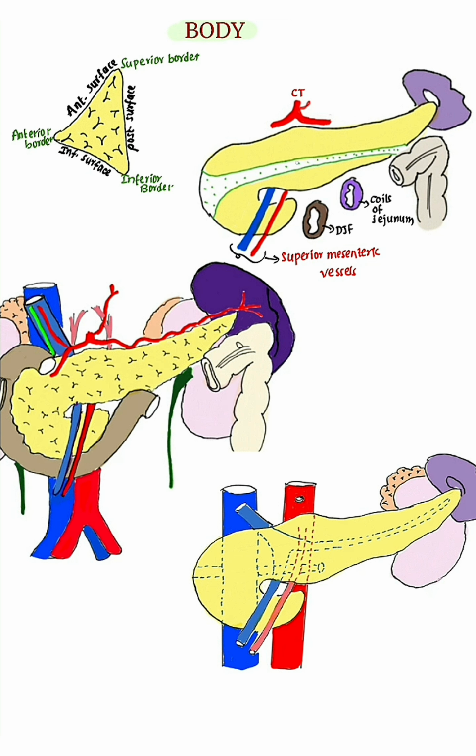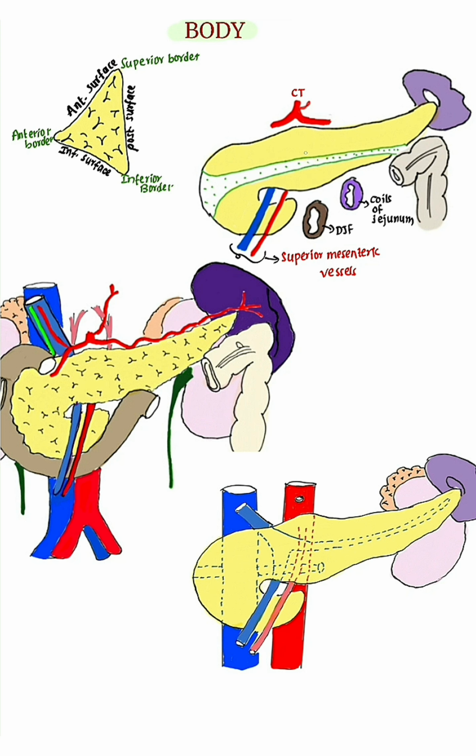The anterior border provides attachment to the root of the transverse mesocolon. Superior border: above the tuber omentale, the celiac trunk gives the hepatic artery to the right and the splenic artery towards the left of the tuber omentale. This is the right side, this is the left side. Inferior border: it is related to the superior mesenteric vessels.